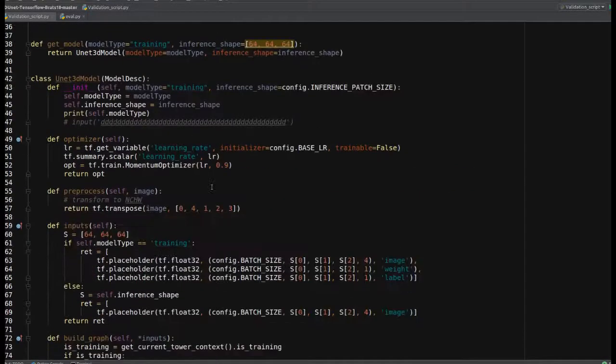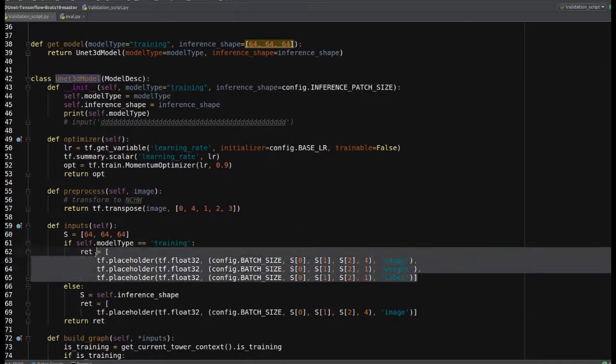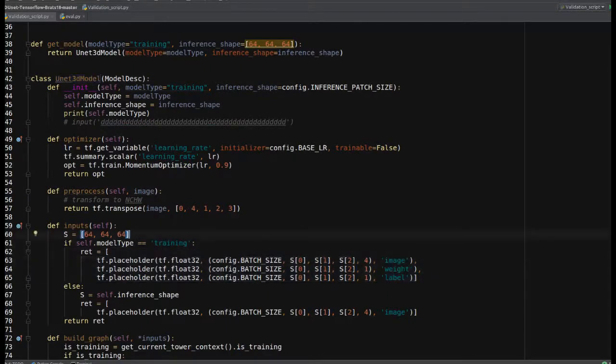Okay, so the main program performing the training and segmentation is the UNet 3D model. This is the main class where all my input vectors are 4-dimensional, and each image is padded to 64 layers, each layer of size 64 by 64.